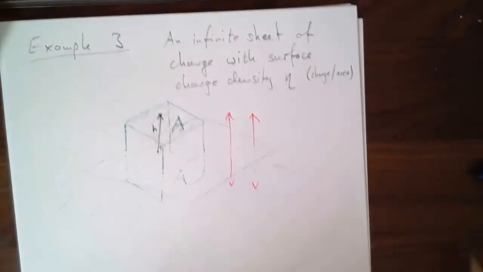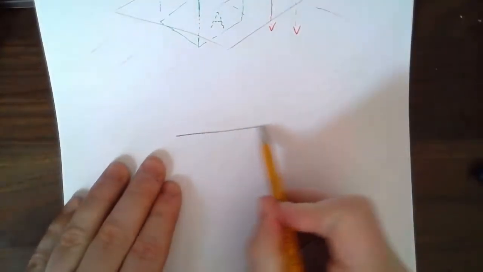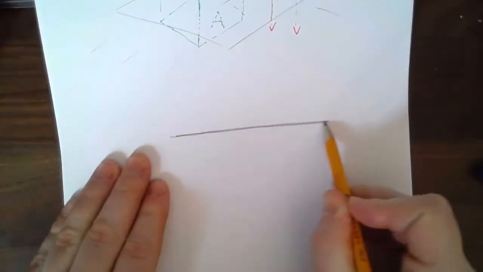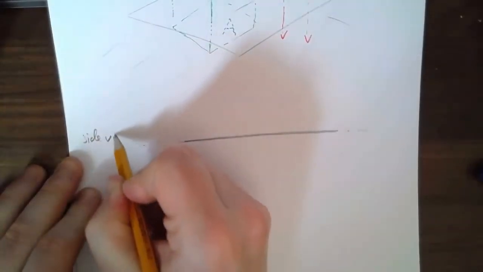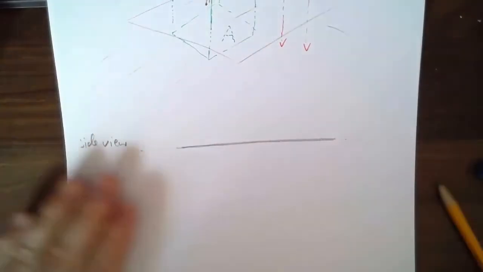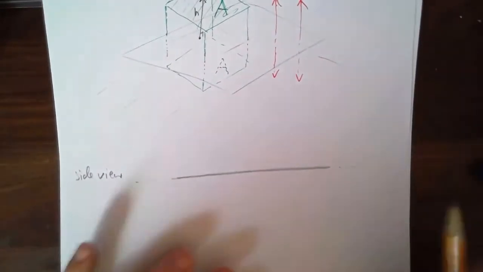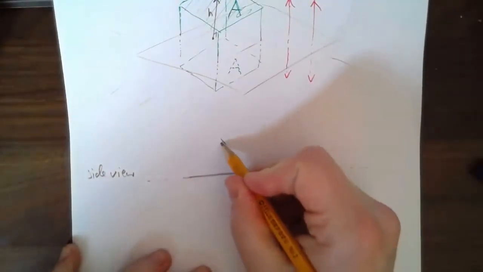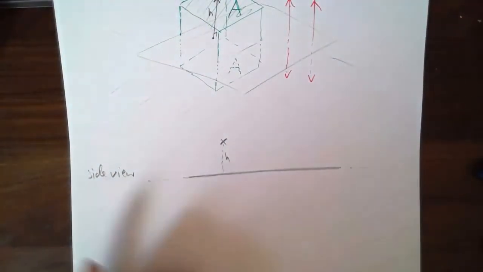Let me draw a different picture actually. Let me draw this from the side. Maybe that'll help a little bit. So imagine this is my sheet. This is my side view. We're looking at the sheet edge on, right? This piece of paper is my sheet. We're looking at it like this, right? Over the edge. In that case, I want to find the electric field up here, at a height h, and